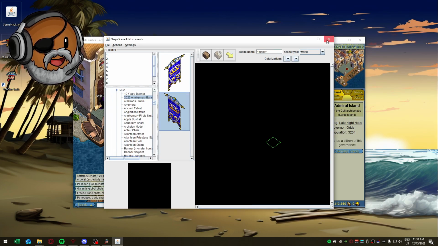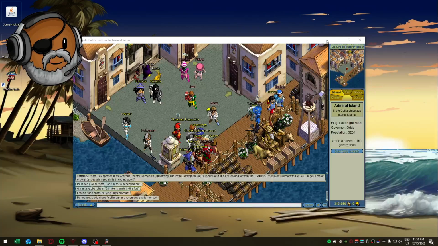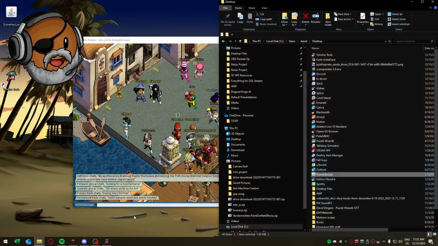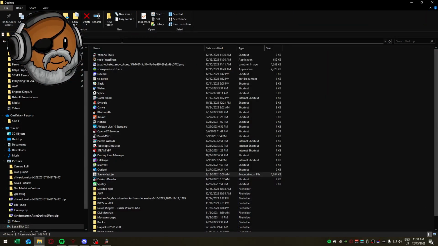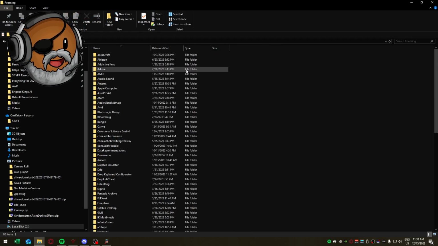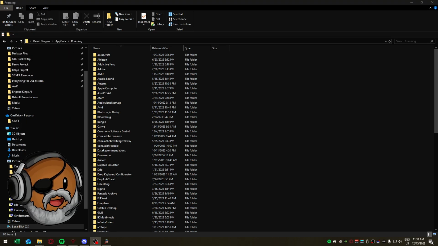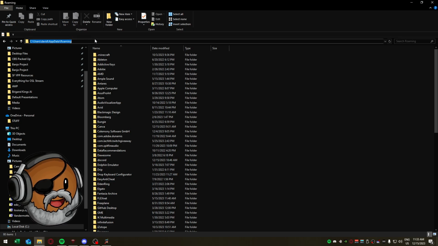Great. I'm going to close Yohoho Tools for now, because now I'm going to show you how to take a specific area that you want to edit in Yohoho Tools. So there's a folder inside of your computer where all of the scenes inside of Puzzle Pirates are living, so that you don't have to load it from the server side every time. It just loads it the first time. And that is inside this app data roaming folder. So you need to type, let me see if I can't move my little boy here. There we go. You need to go over here and type